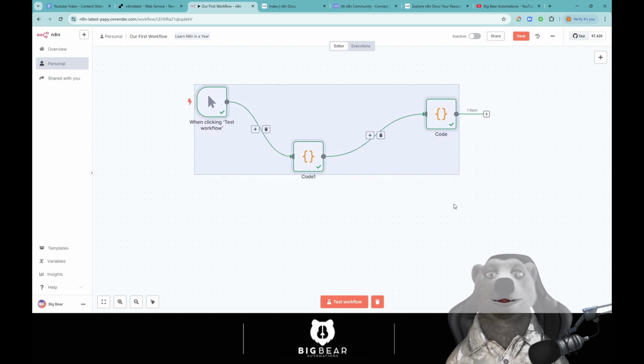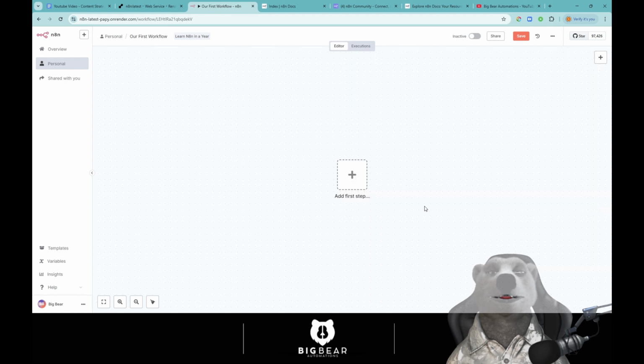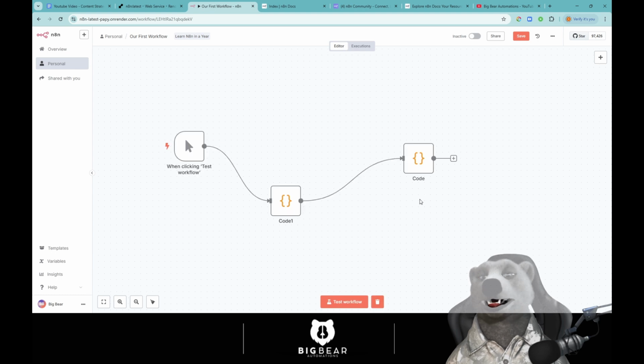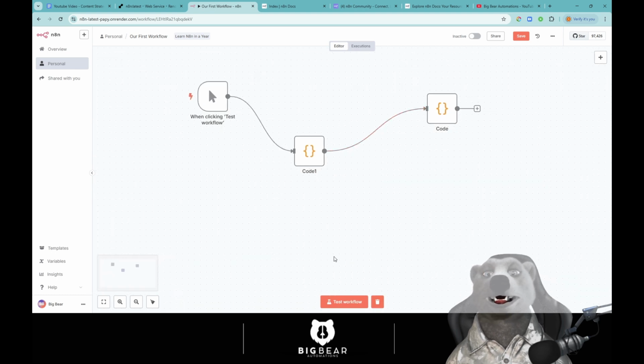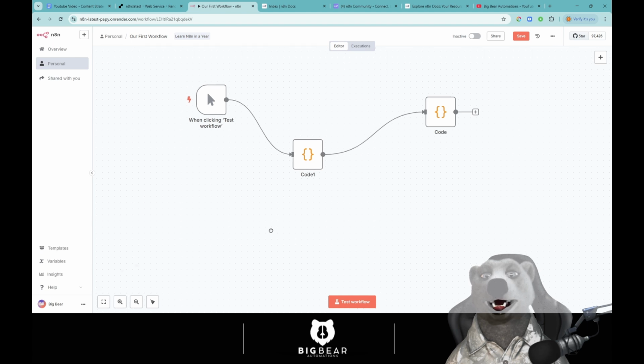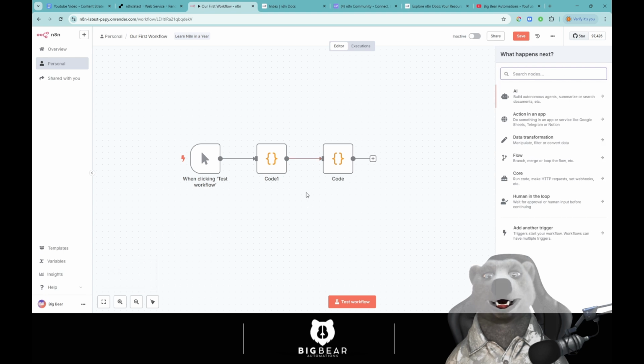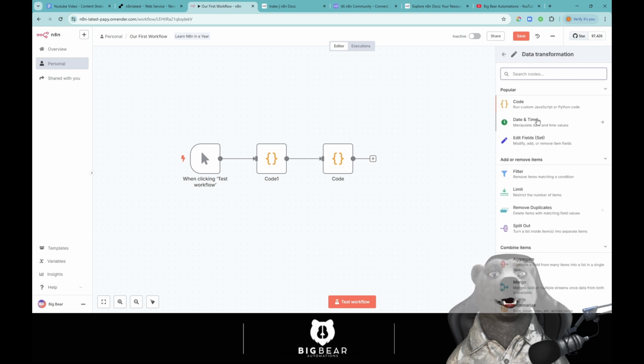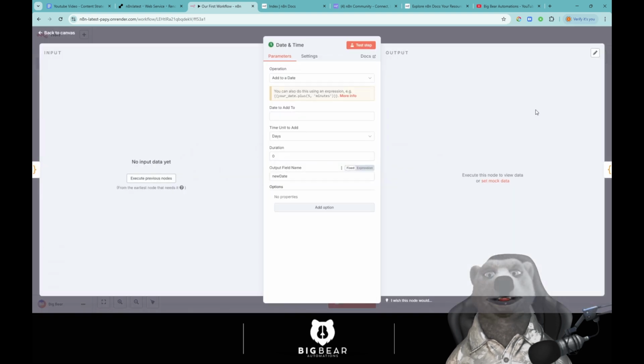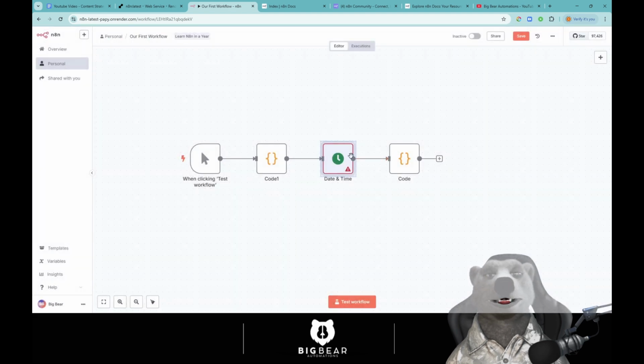If you wanted to select all, you can do that. Hit delete on your keyboard, it will delete it. If you hit Control Z, it will bring it all back. Again, let's mop it up, make it look clear. If you wanted something in between these, you can add them in. So actually, I want a date time, add a date node. Yeah, perfect. It will add it in between. So I'm going to select all these, delete,